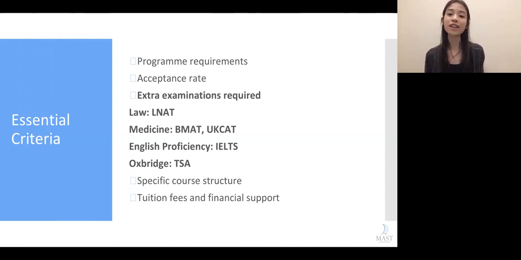There are multiple ways you can prove your English proficiency. One is through the IELTS exam, which is the one I took. The other way is to prove it through your IB result or your AP result for English. But seeing as when you apply for university, you won't know how well you do in your English exam at the end of the year, it's recommended that you take the IELTS just to be safe. So even if you do badly in your English exam and it doesn't meet the English proficiency requirement, you'll still have the IELTS test to enable you to get a student visa, because English proficiency is mostly for the visa office to grant you one.